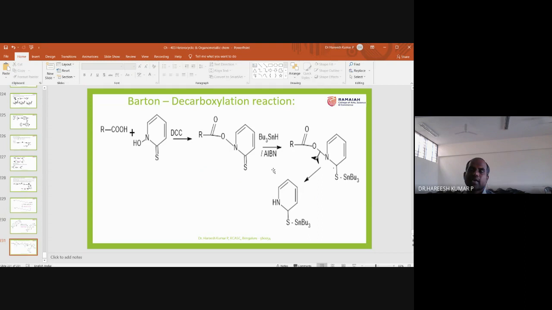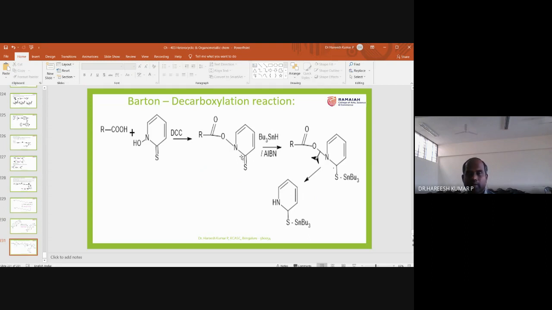That free radical reacts with the tributyl tin hydride, and there will be a new free radical formation, that is, the tributyl tin radical. How will that tin radical react? Here there will be a cleavage of this particular pi bond, forming a new bond between sulfur and tributyl tin, and a new radical is formed on this